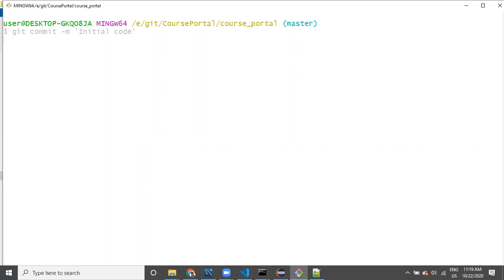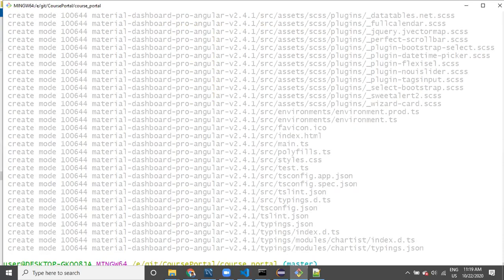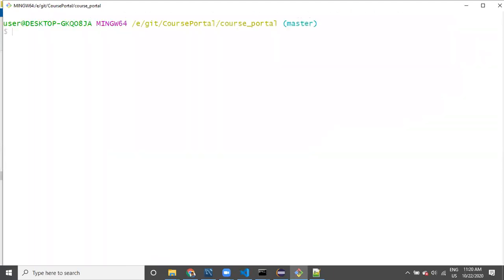Whenever you say this, then all files which are added will be committed into the local branch. Okay, local branch committed, added, and then I am committing. And we have verified with the command called status.